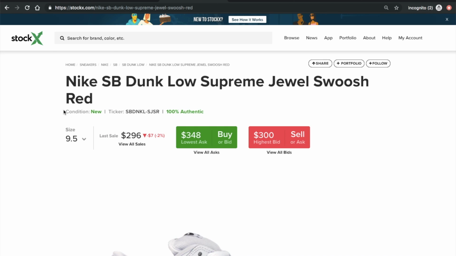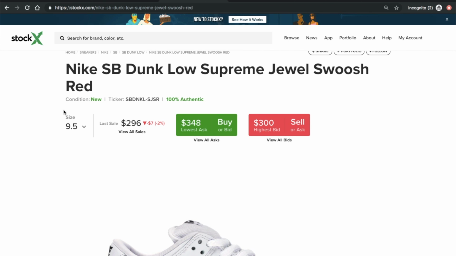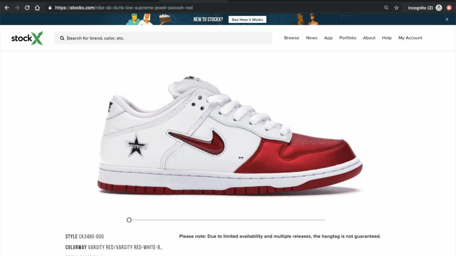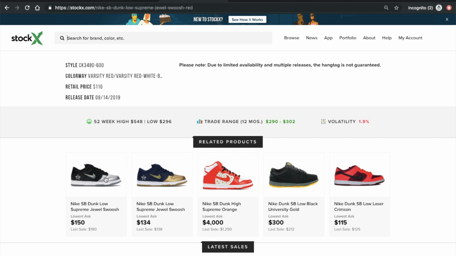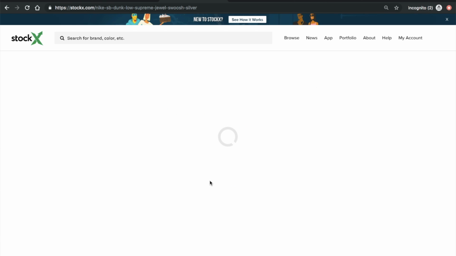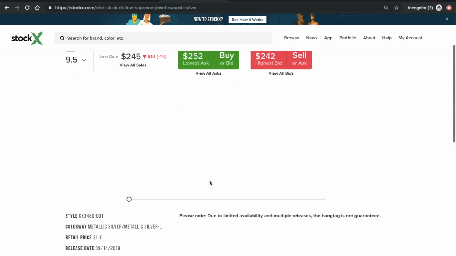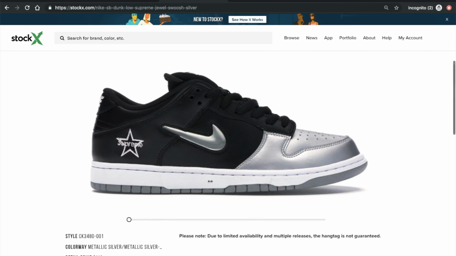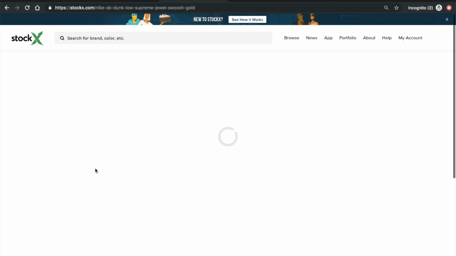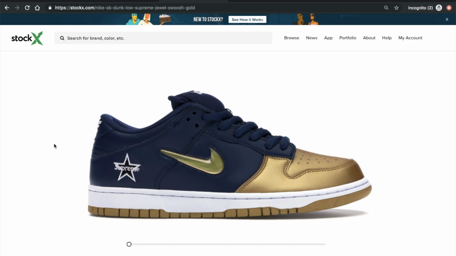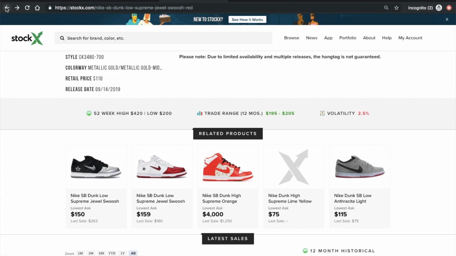The other shoe that I have been watching for some time now has been the Supreme Jewel Dunks. Okay, specifically this white and red pair. Nevertheless, the black and gold pair, this one here, if this will load. This pair as well as this blue and gold pair are also on my watch list. Nevertheless, if I wanted to hold one of the three long term, it would definitely be the white and red